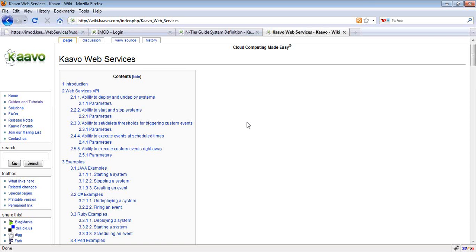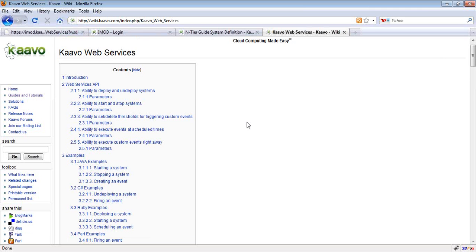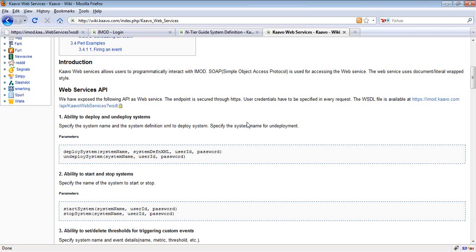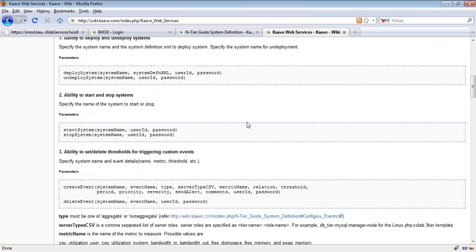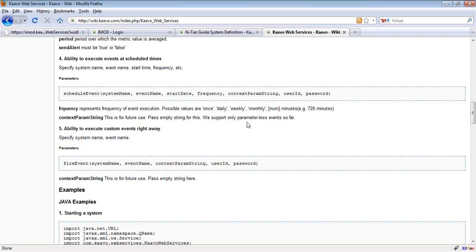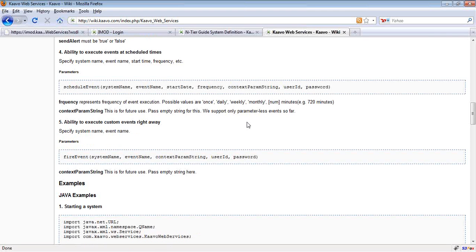Functionalities so far, we have exposed the ability to deploy and undeploy systems, to start and stop systems, to set or delete thresholds for triggering custom events, to execute custom events right away, etc. But as I mentioned before, we will keep adding more to it in future.